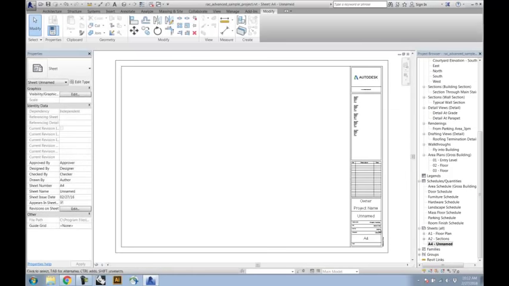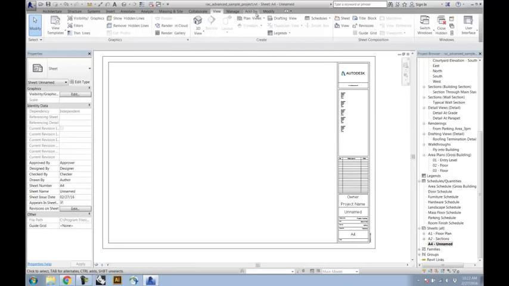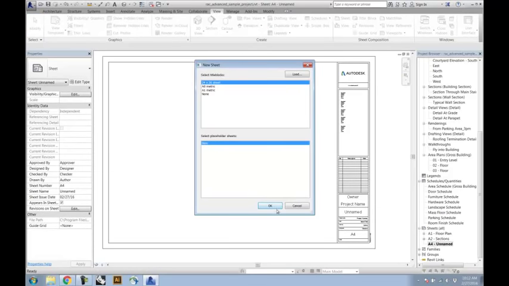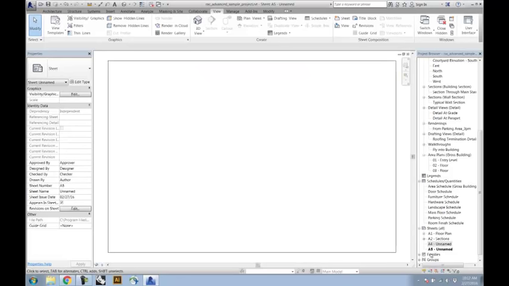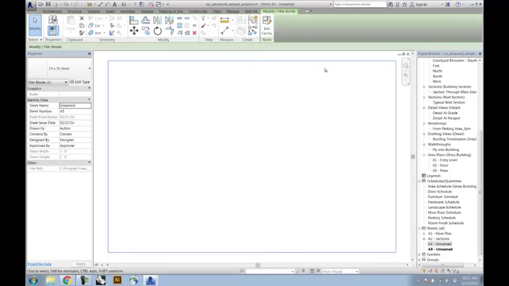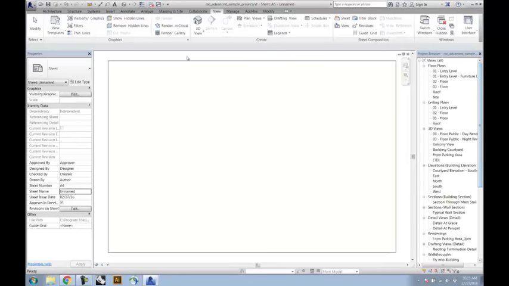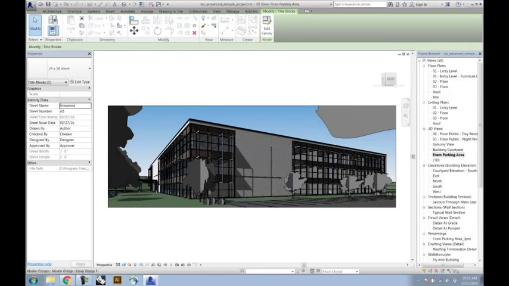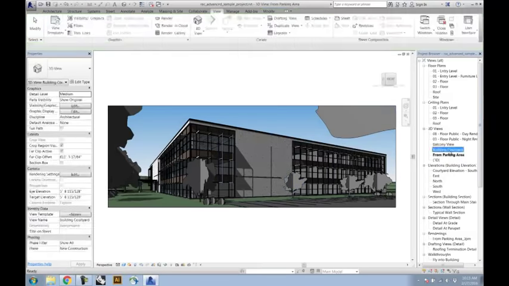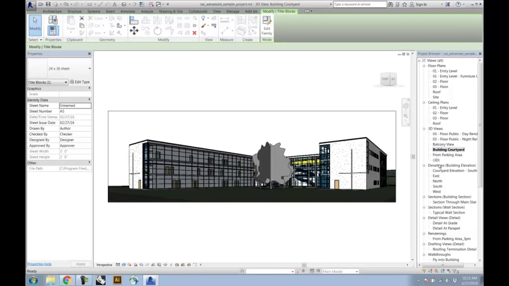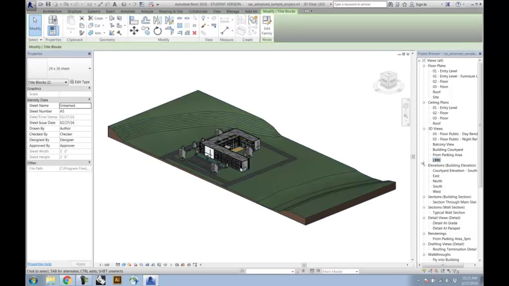So down here, under Sheets now, if we go back to View and Sheet, we should be able to find our 24 by 36. And you can see how it's created a new view, A5, with this blank piece of paper. And once I've got this, now I can basically start using it to lay out my drawings however I want. You can see some of the 3D views that come in from this default project are already built in, and we'll use these just to talk about some of the characteristics of these 3D views. If I kind of bounce around a little bit here, or say let's just go to a default 3D view,